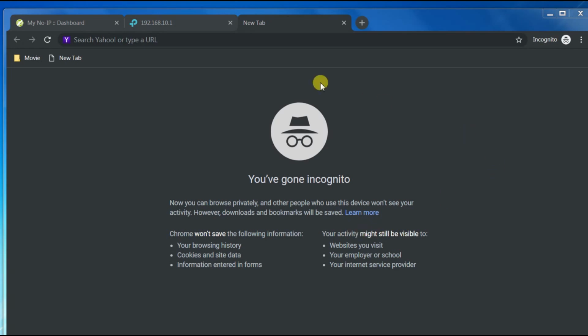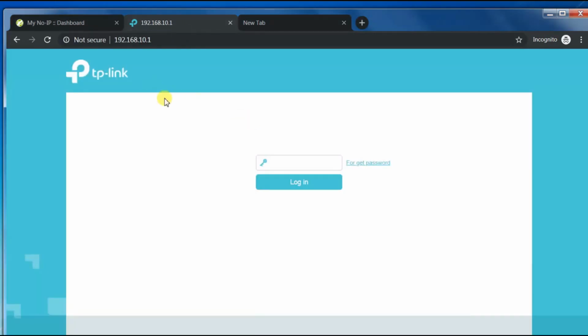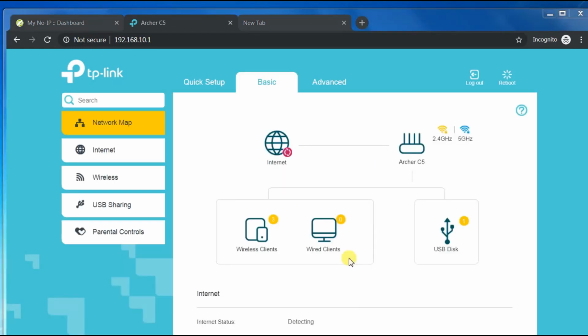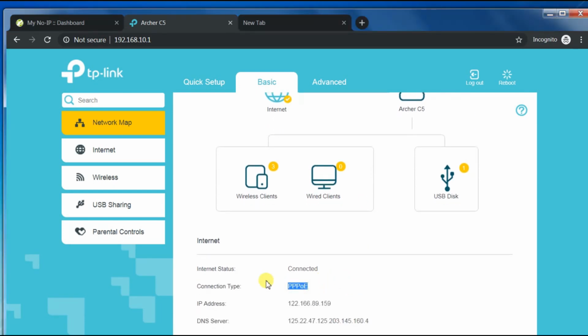So let's get started. You can see this is my TP-Link router, and let me log into that. Okay, so I'm logged into the TP-Link router, and you can see this is directly connected to the internet with